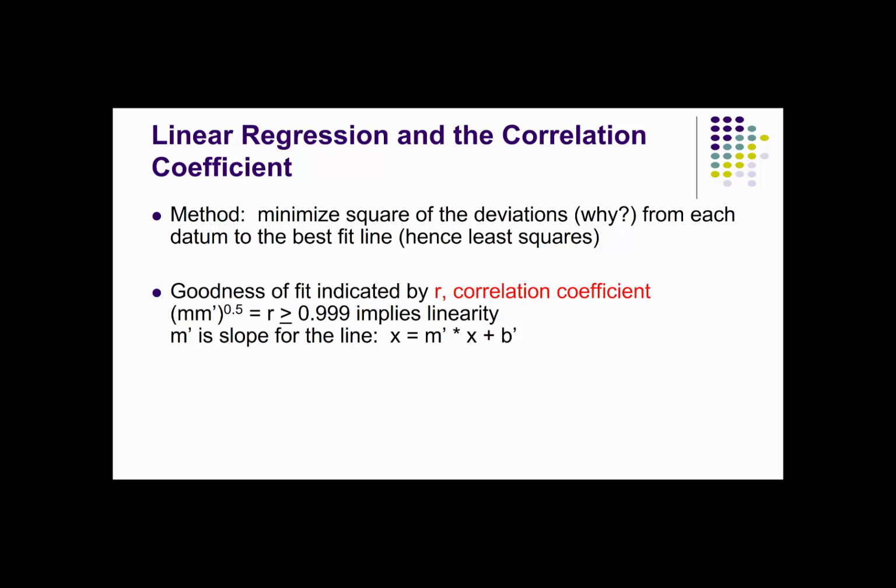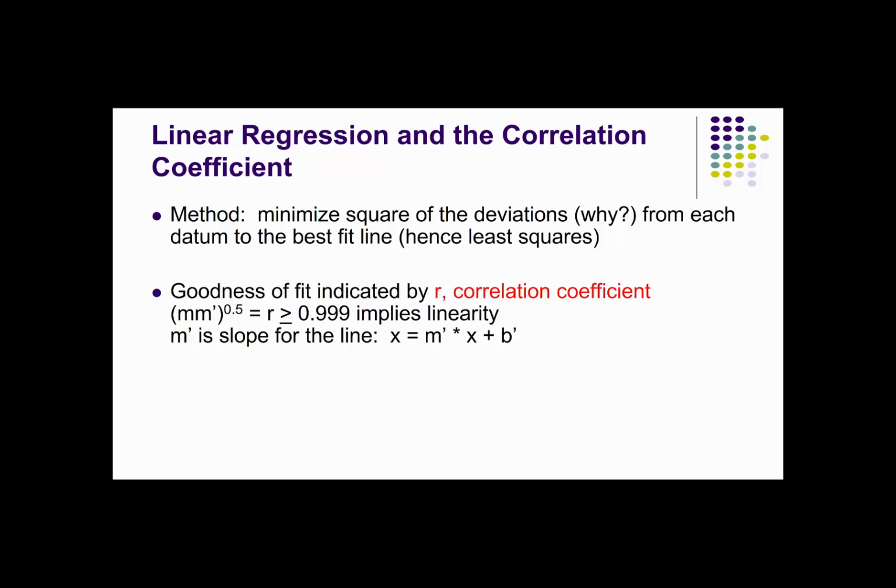And if you think about it, some points will fall below and some points will fall above. So we'll get positive and negative deviations. And if we just added them up in an effort to minimize the distance, these deviations, some would cancel out with others artificially. And so least squares is often given the name